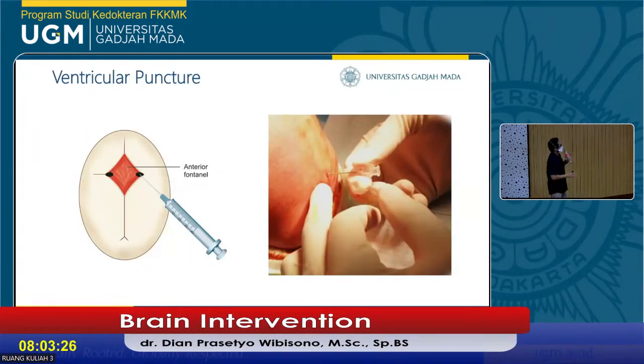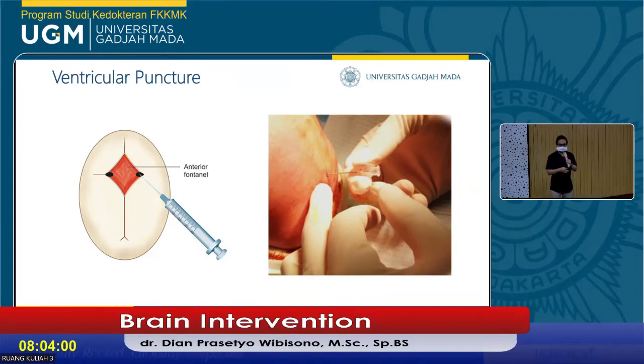Okay, next, this is the puncture of the ventricle, we call it ventricular puncture, or pungsi ventrikel. This ventricular puncture can be diagnostic, can be therapeutic, because here we take the cerebrospinal fluid sample, the CSF sample, and a ventricular puncture like this can only be done in patients less than 2 years old. Okay, less than 2 years old.